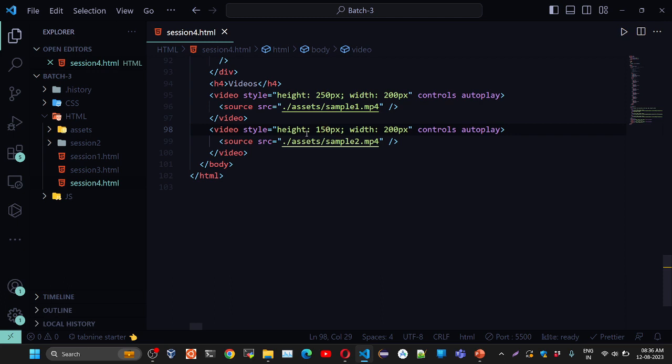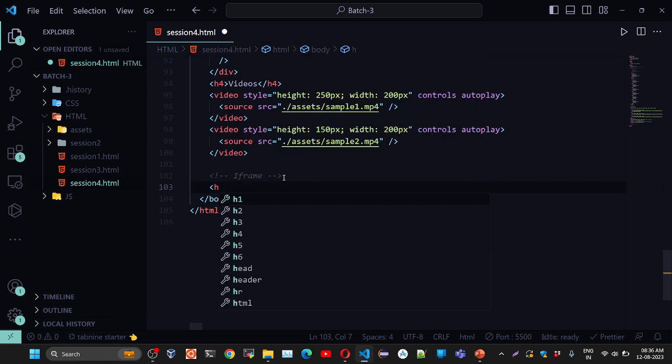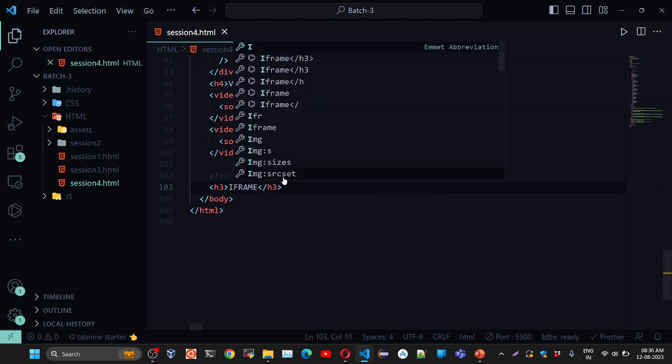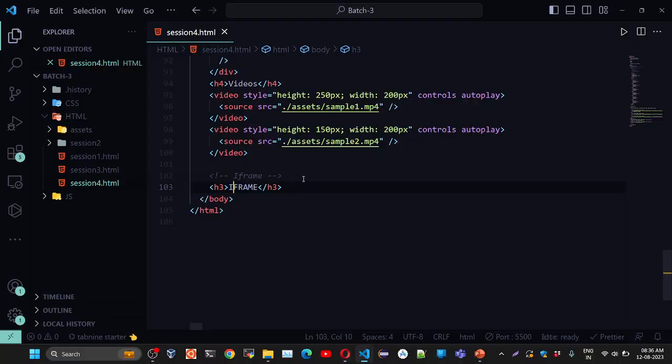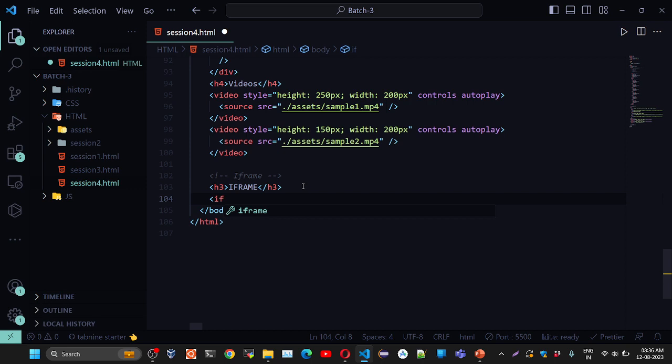Now the final thing will be like iframes. Iframe is something where you can include other website in your website or else other web pages in your website. I'm going to use iframe. Just mention here, for example, if you want to include, you just need to mention iframe